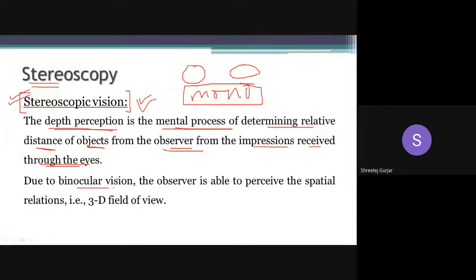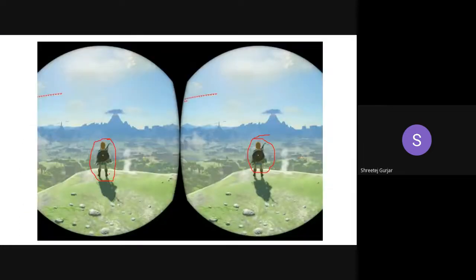Due to binocular vision, the observer is able to perceive the spatial relation, that is the 3D field of view. Every one of us who has two working eyes will perceive a 3D view. That is because of your stereoscopic vision. So what is meant by binocular vision? Let me explain.